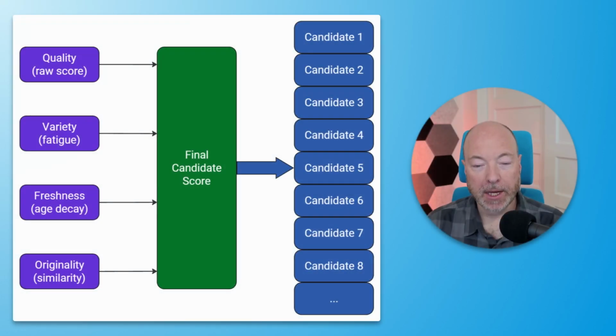Okay, so if we go back here to the new candidate selection algorithm, we have most of this done except for the originality and similarity. So the goal of this improvement is to essentially compare each new idea to all of the ideas that were published in the last, say, 60 days, and then make sure that we don't publish an idea that's too similar to one of those. We'll do that with a multiplier again, but how we get there is a little bit